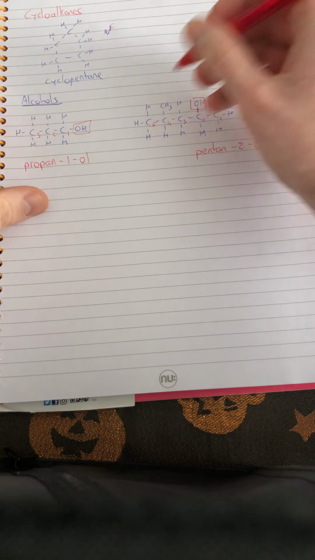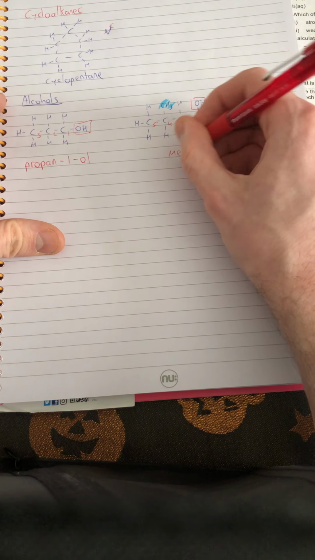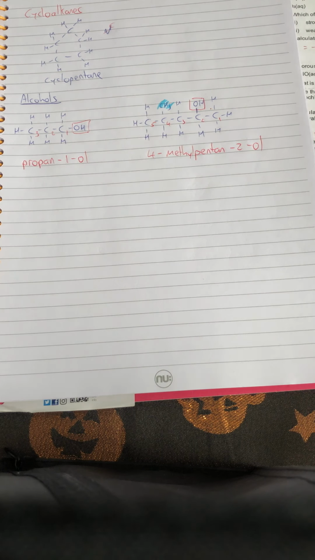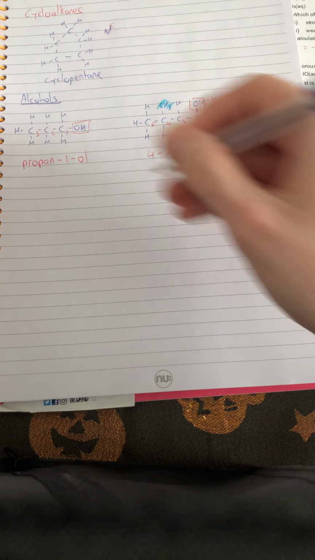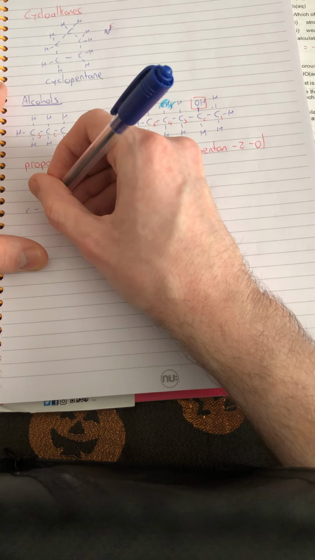Now, because we've got a branch on carbon 4, and it contains only one carbon, it's methyl, and because it's on carbon 4, this becomes 4-methylpentan-2-ol. Yeah, so that's it. We just need to know how to name branches with that. So I'll do 2 more. Let's go for